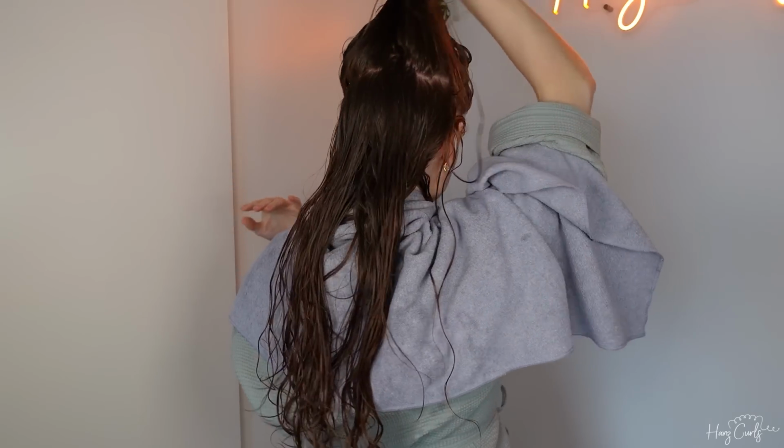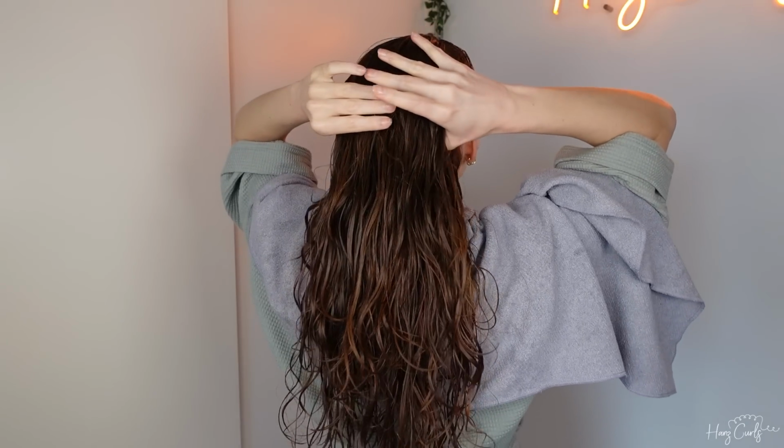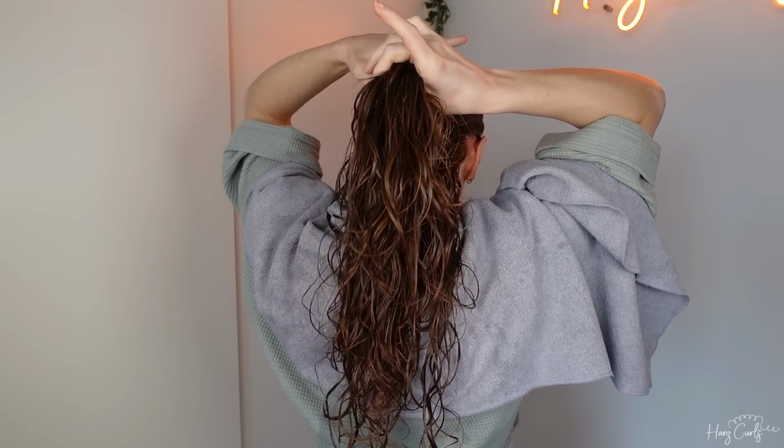Right, so I've applied my gel. Now I'm going to section my hair, and I usually just do one section at the bottom like this, and then I kind of just style that whole section together, but she actually did two bottom sections, so I'm going to do two. So for the first one I'm going to take just a small section at the very nape